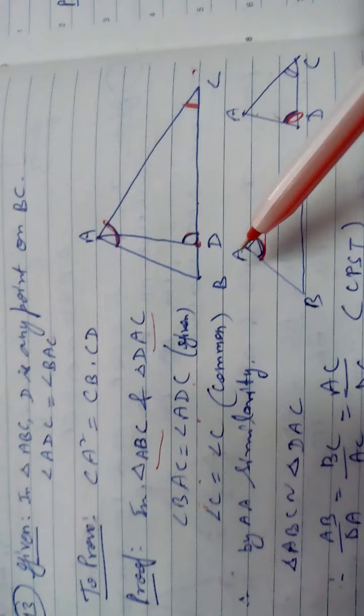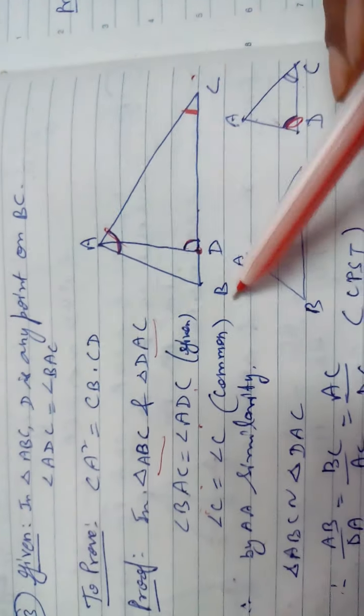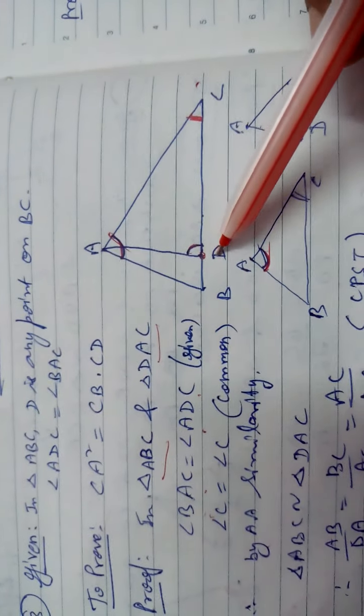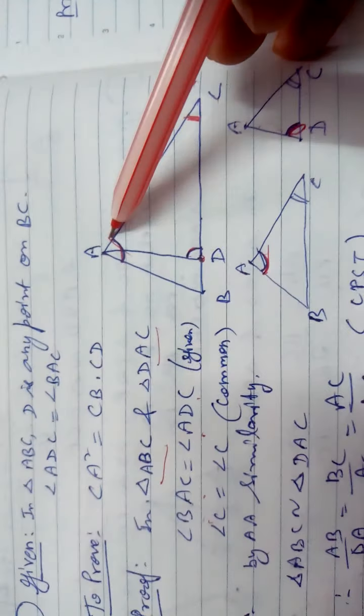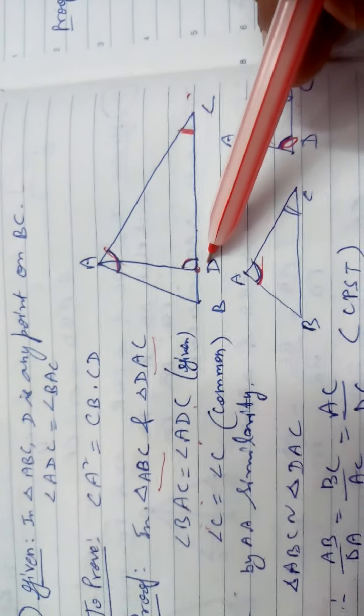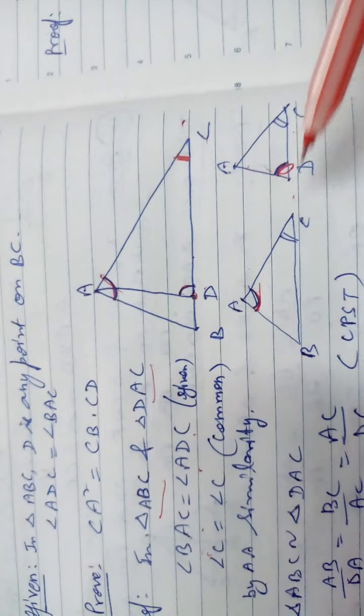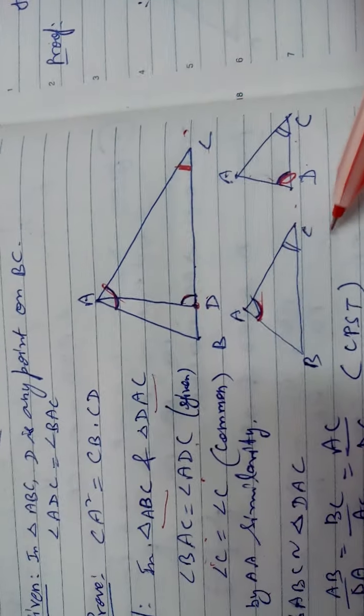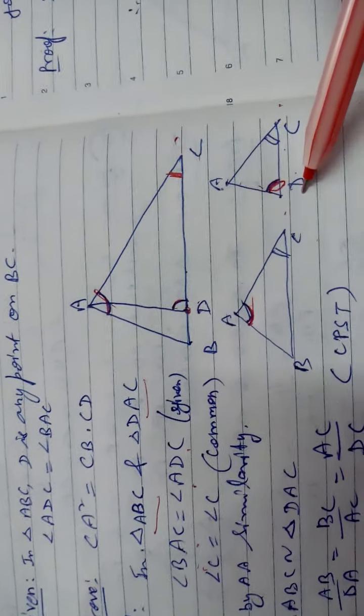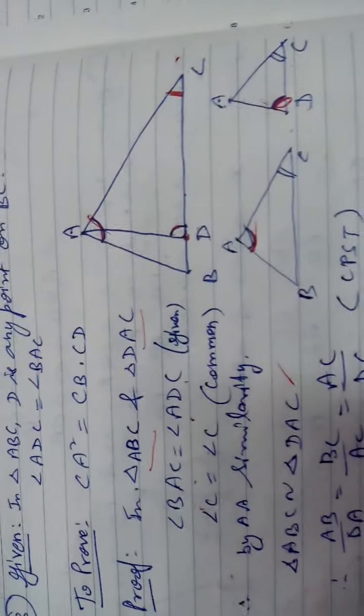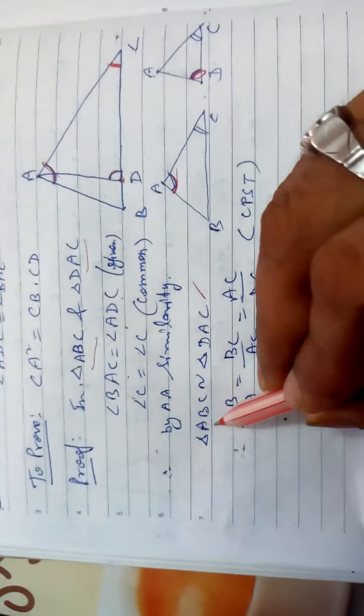By double A similarity, triangle ABC is similar to triangle DAC, because angle A is equal to D, so naming starts from A. ABC I have written, then here start from D. D is equal to A, C equal to C. So DAC. Now write the ratio of these two by corresponding parts of similar triangles. How will you take corresponding parts? First 2 upon first 2.